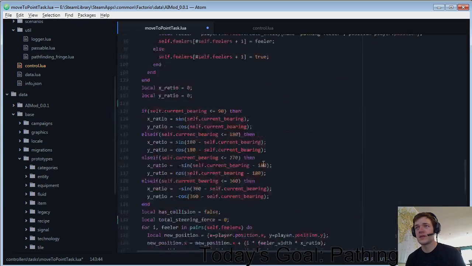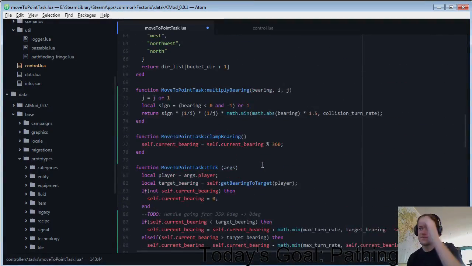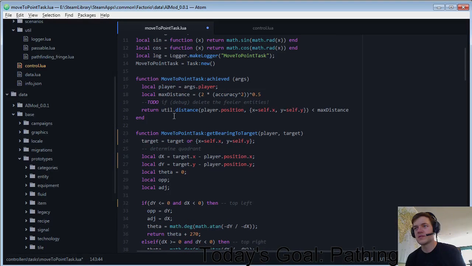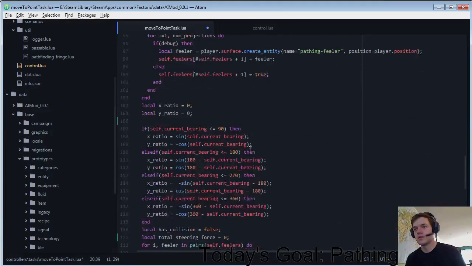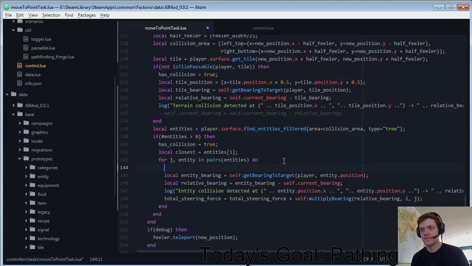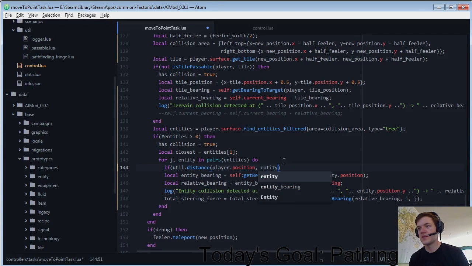So that will be util.distance, right? Pretty sure I used it in here, maybe? Yes. If util distance player position entity position is less than